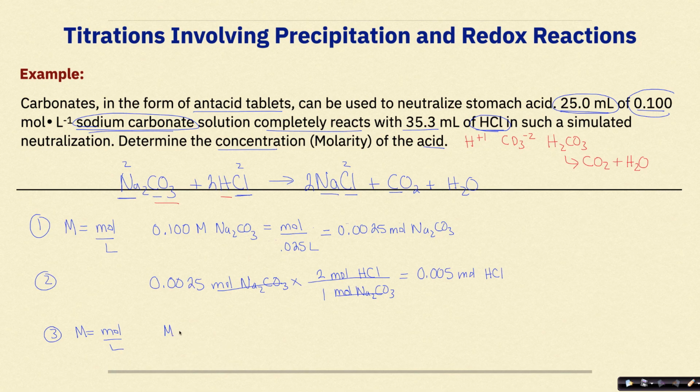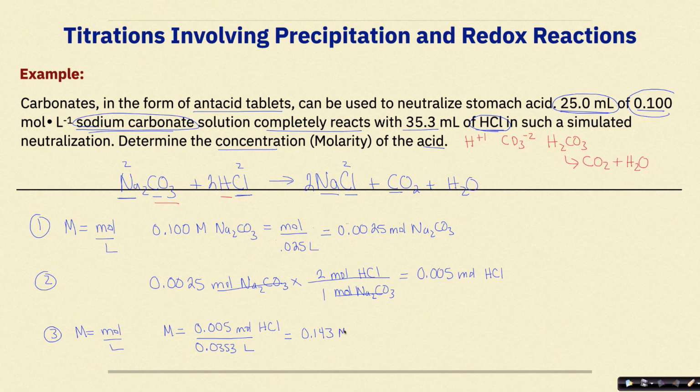I have 0.005 moles of HCl with a volume of 35.3 milliliters, which I know is going to be converted over into 0.0353 liters. And, okay, moles over liters, molarity, HCl, that's the acid. So when I divide these two numbers together, I get my final answer of